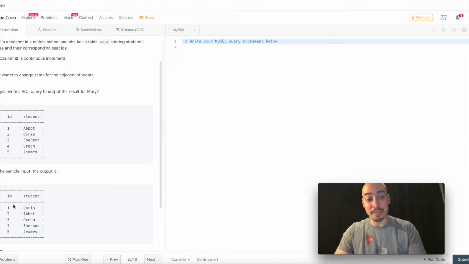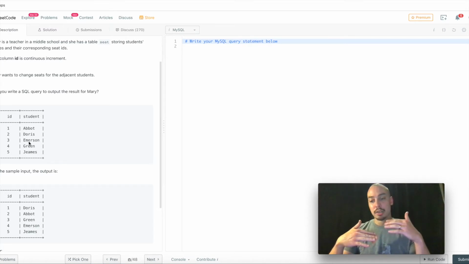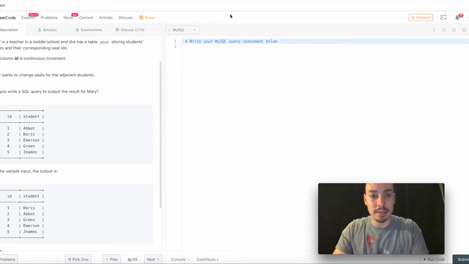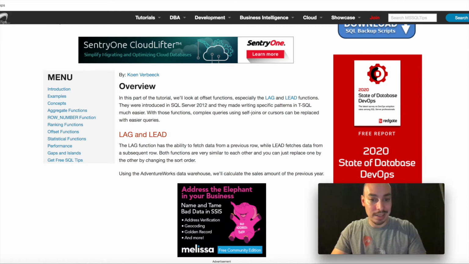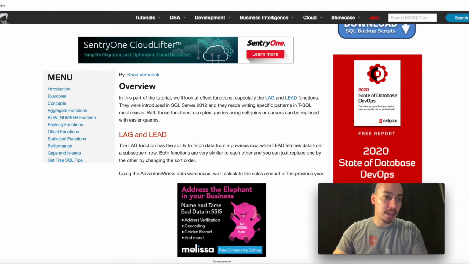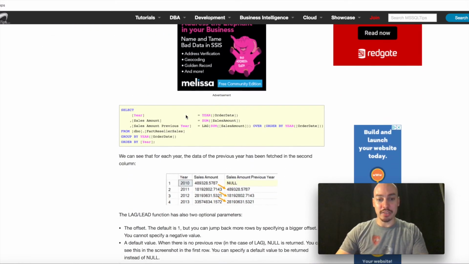What we can see specifically from here, it's really more about what happens between the current row and the next row. And that is basically the main theme in order to tackle those problems, and it's called lag and lead. It's provided today by mssqltips.com, SQL Server tutorial. This one has been written by Koen Verbeek,